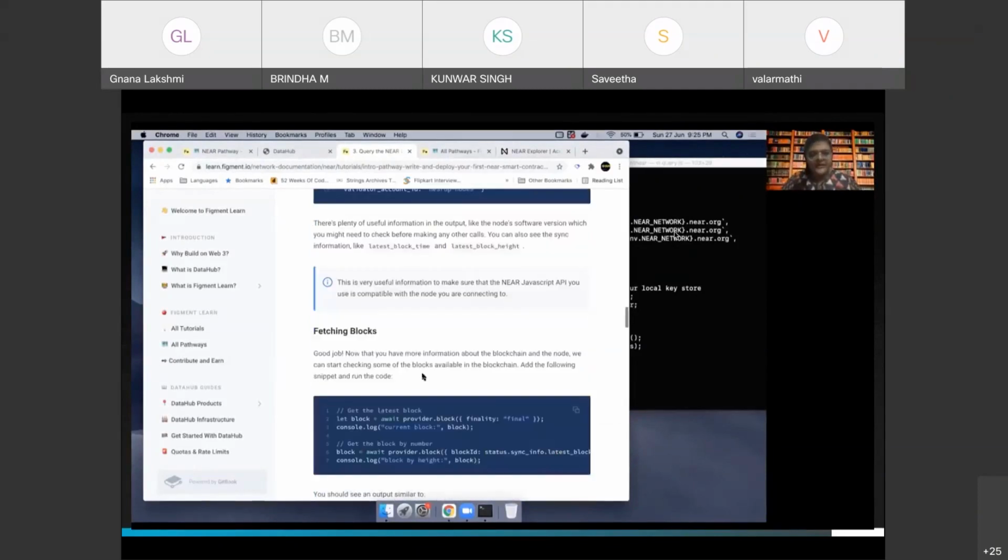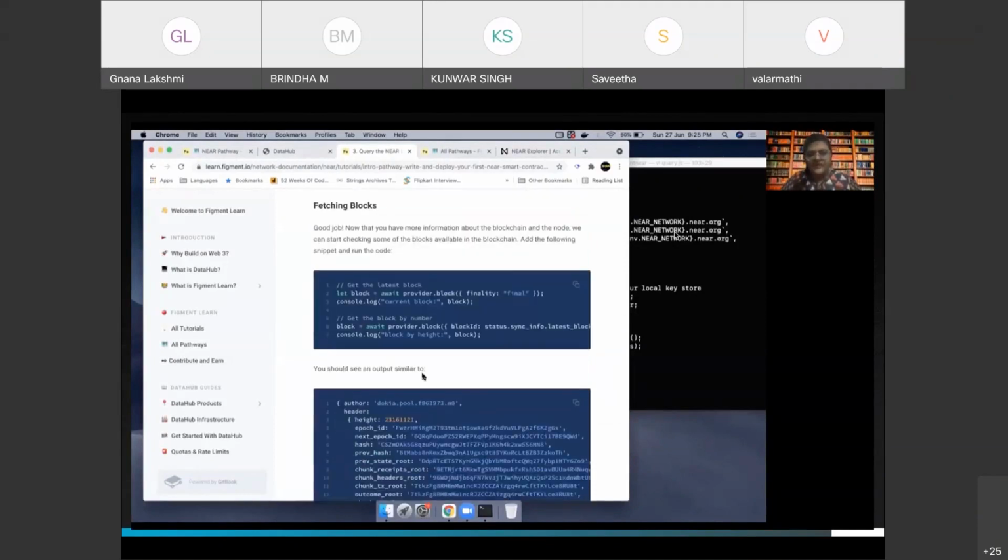All right, so the next is fetching the blocks. Again, this is simple. We have the provider and we use the .block function. Here we have given the finality as final. That means we'll only get the blocks that have been finalized, right? And then we console log the current block.